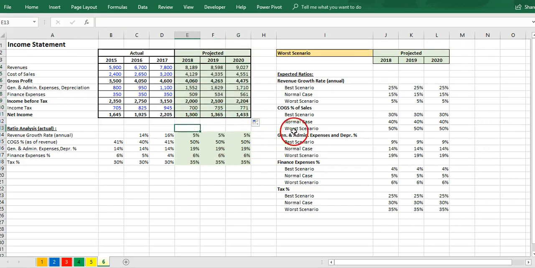So now we have a dynamic selection. If we change it to normal case, we will see that the ratios change, and accordingly the figures for the income statement for the 3 years change. We selected the best scenario,